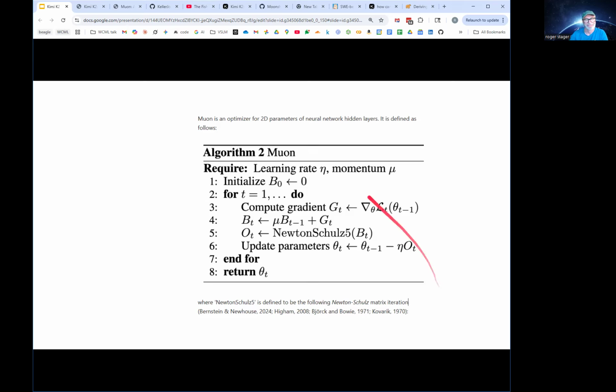Well, so here's the equation that was in his original blog post. A little bit different than what they list in the Kimi paper, but we'll see that. Ted, you popped up. Did you have something to add there? Well, I've been meaning to spend more time understanding Muon, but I can give just a little bit of background.